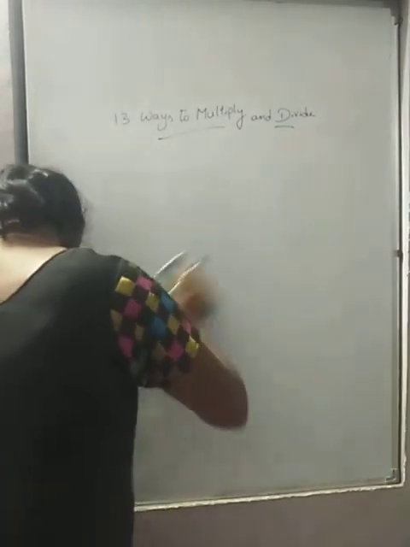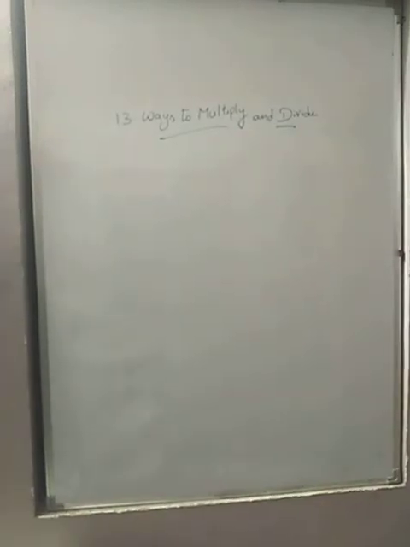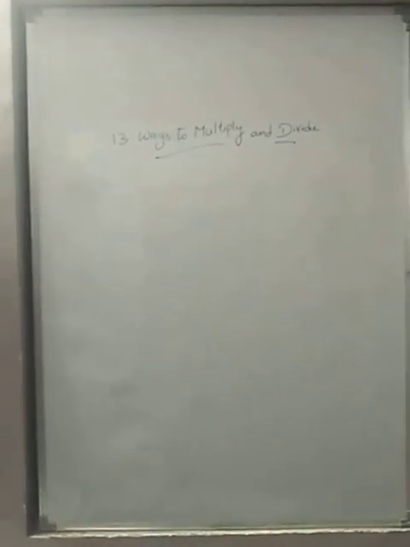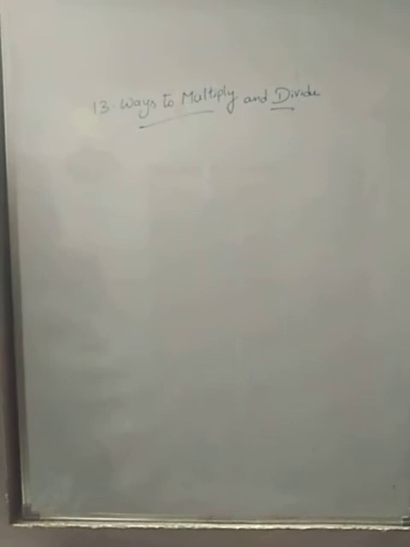Next, if 125 people living in a colony drink 8 glasses of water in one day, how much water will they drink in 1 year? For one person, we know he is drinking 8 glasses for one day, and we can find how much for 1 month and for 1 year. But here 125 people in the colony are all drinking 8 glasses.